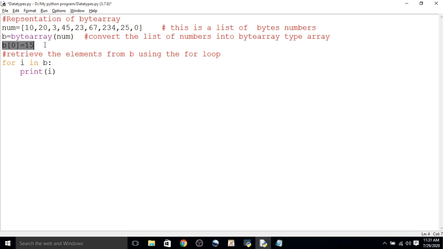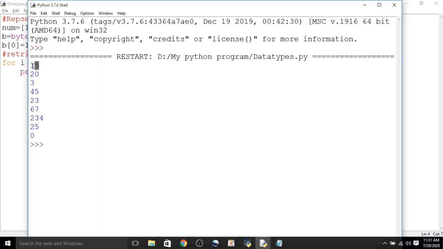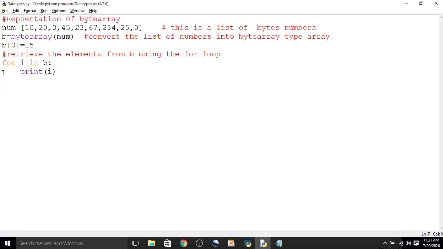Now suppose we want to replace that 10 value located at index 0 by 15. Replace the 10 by 15 like that. So bytearray is modifiable and the bytes data type is not modifiable. This is the main difference between them.